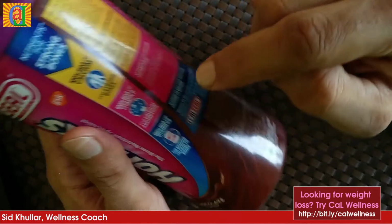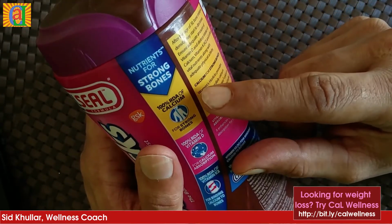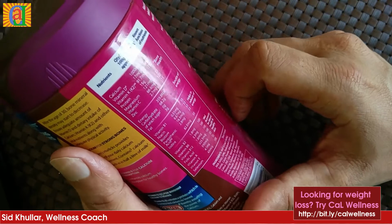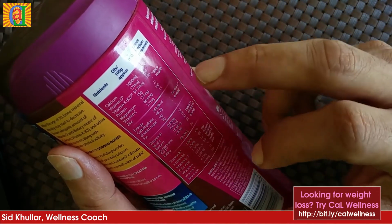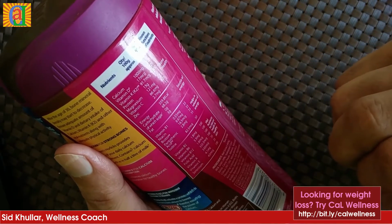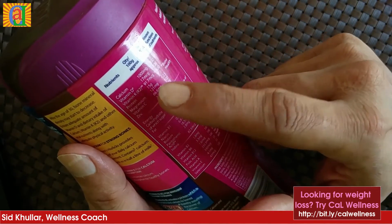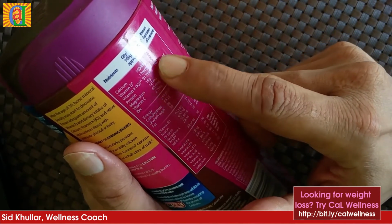Next, 100% RDA of vitamins and minerals that promote bone health. The packaging claims that the product contains 100% of the RDA of 3 nutrients: calcium, vitamin D, and vitamin K. RDA is a term used for recommended daily allowance, which is the amount of certain vitamins and nutrients we should be consuming every day. For calcium, it is 1000 milligrams, vitamin D 15 micrograms, and vitamin K 90 micrograms. If you check the product's nutrition label, you'll find that it does indeed contain 100% of the RDA for those